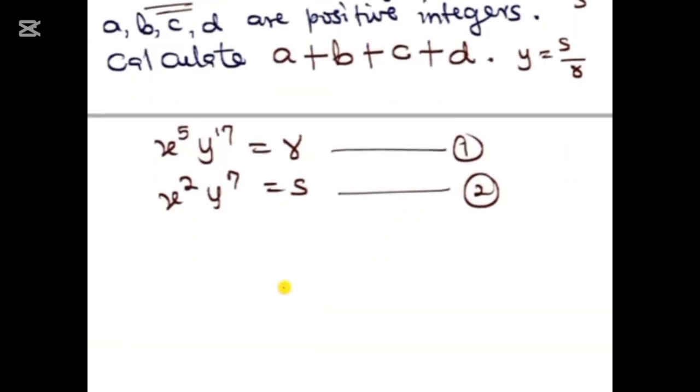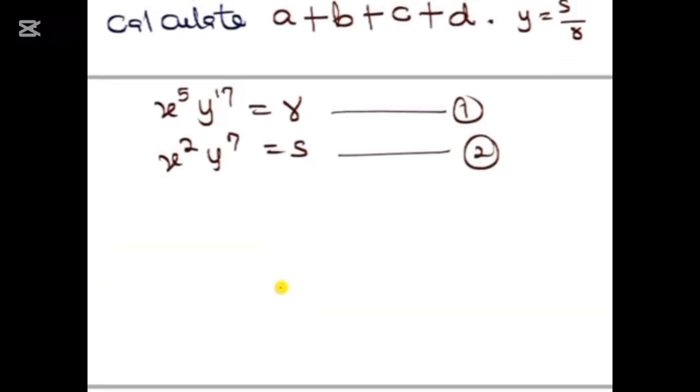So now, to be able to do that, what are we going to do? Because this is multiplication, we will try to see if we can make one of the variables have the same power, and then we'll divide. We can do that for x or for y. Maybe we should do that for x. In other words, I want to raise the power of x in equation 1 to be the same as that of equation 2. And that's very simple. Just raise equation 1 to the power of 2